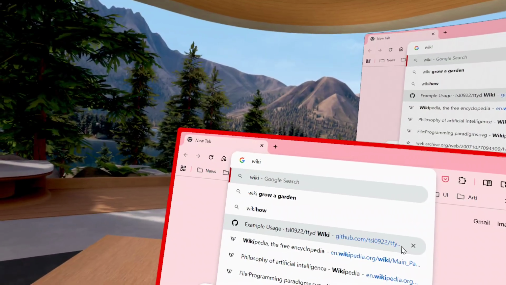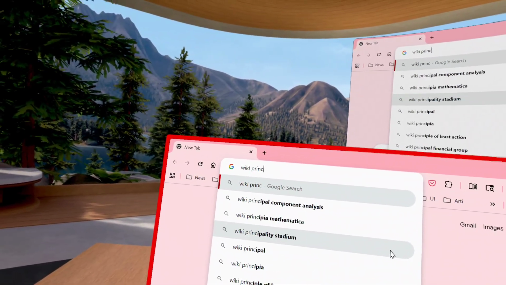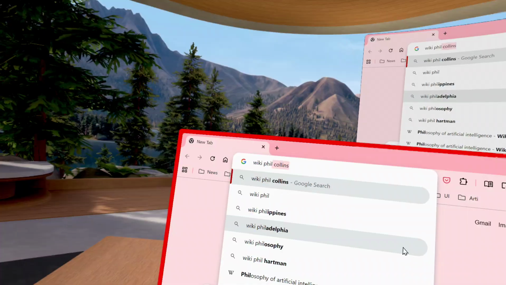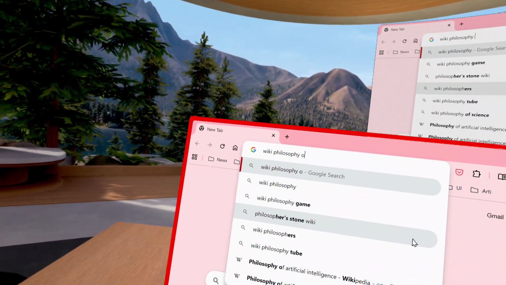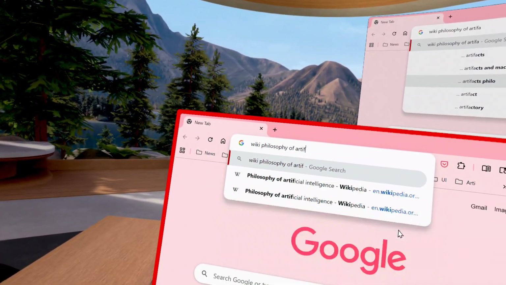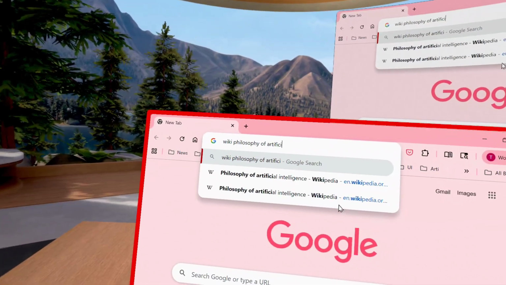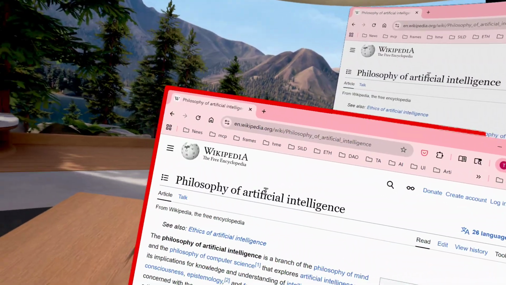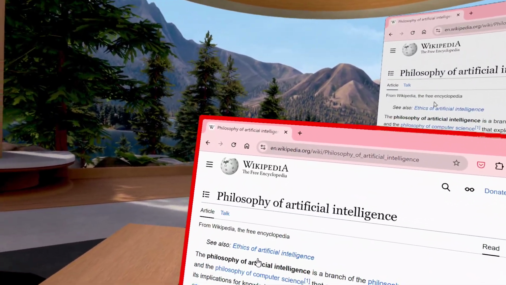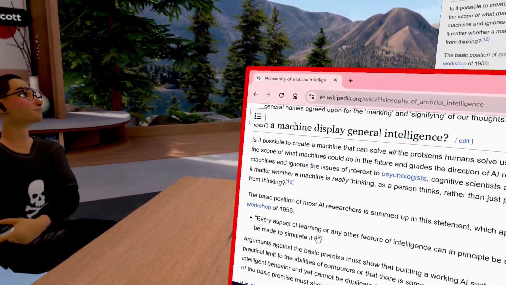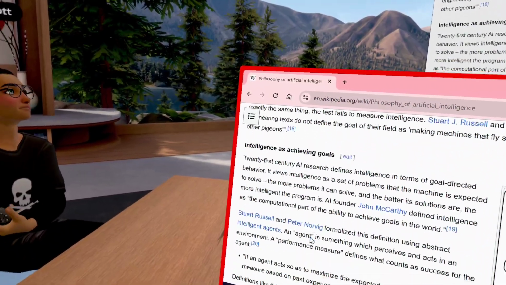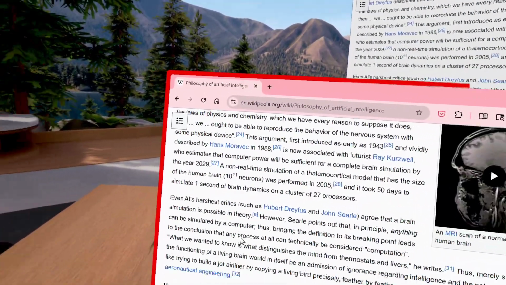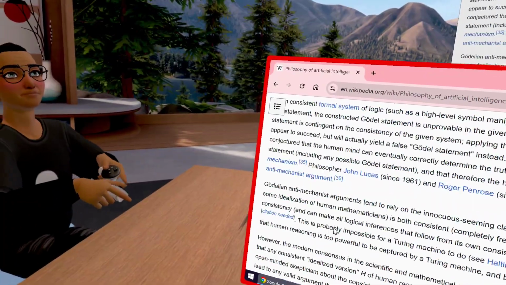It was like philosophy of artificial intelligence. Sorry, you have to be a bit more specific. Okay.